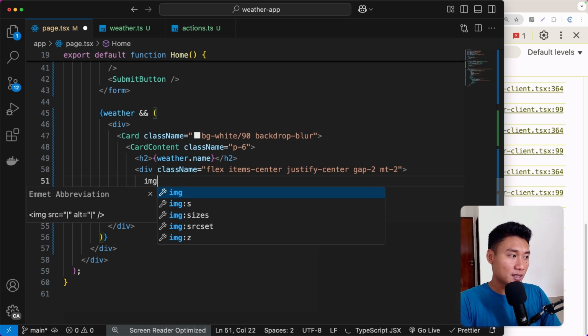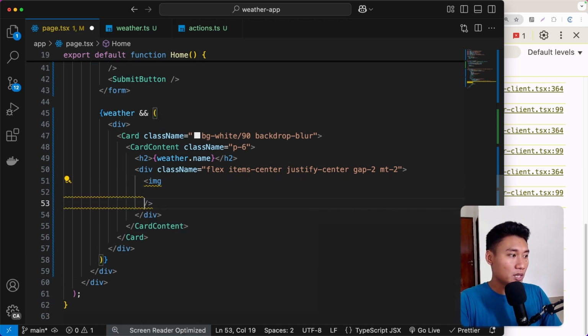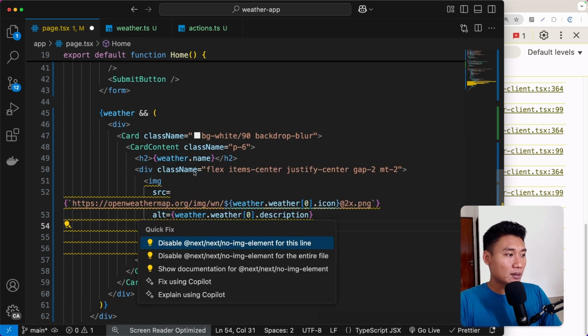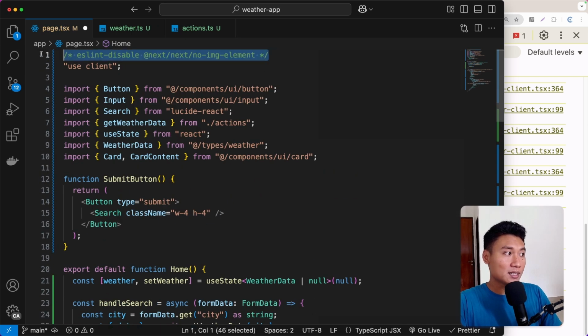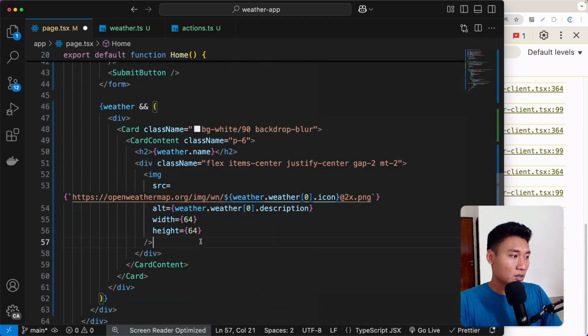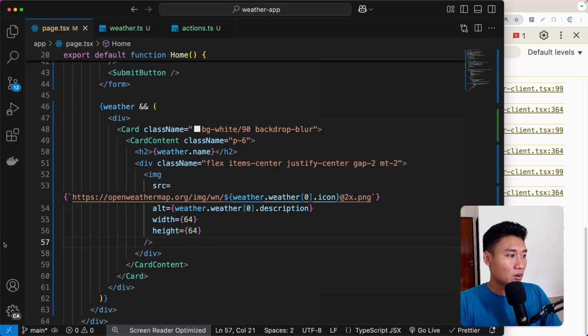Let's add image tag in here, and inside that I'm going to put my props. So here I'm going to set the source, alt, and width, and also the height. So this is how we get the icon basically. And also I just want to disable the error from the no image element, right? Just use that because next thing is I just want to use motion. So we can say motion.img. Right, so if I save that, and as you can see, we get that icon right here,